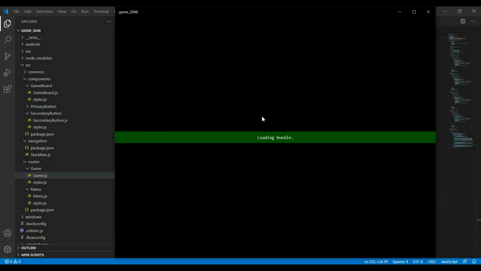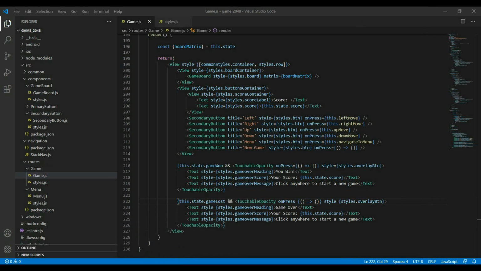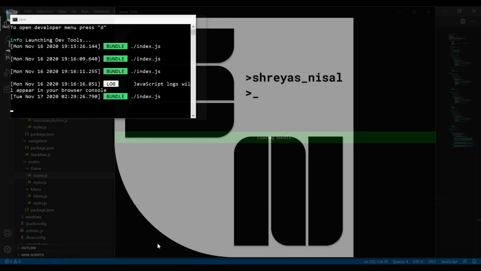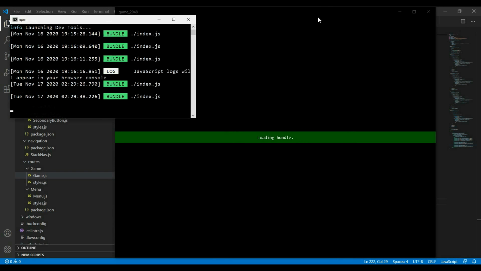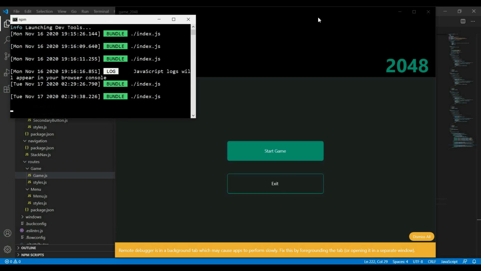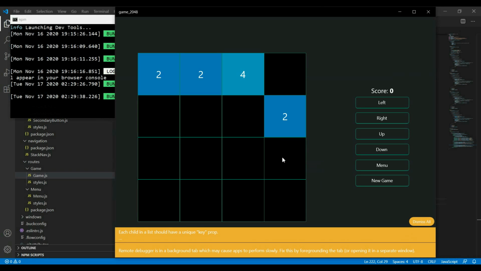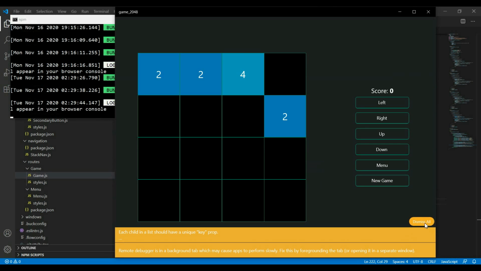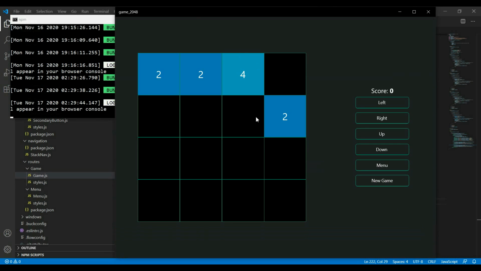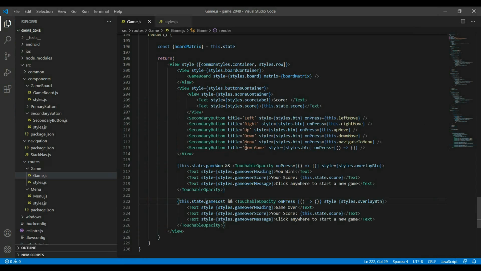So let's reload now and see whether this is working. Right now we probably won't be able to find out whether it's working or not, because we haven't set up a game over condition, but let's just see whether it does not show it here. So it doesn't, that much is fine. Now what we do is